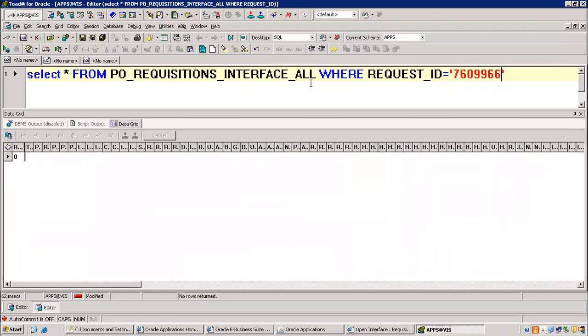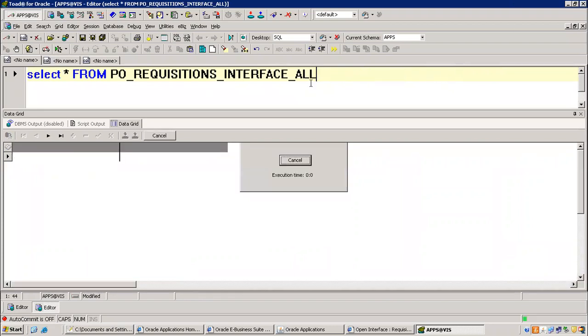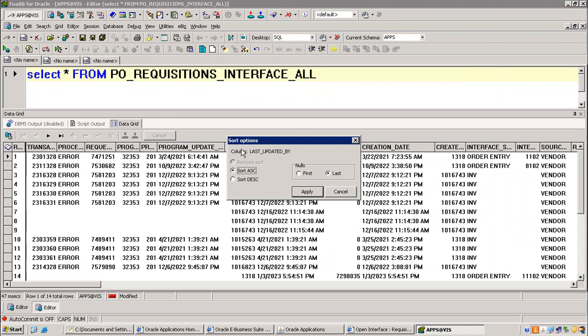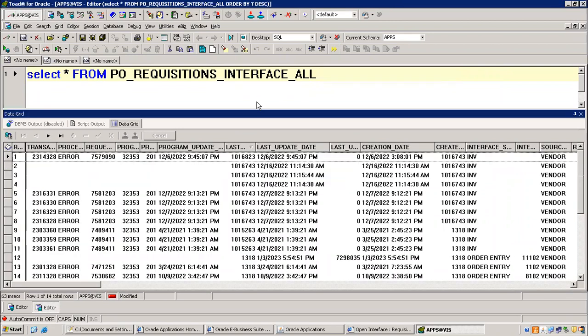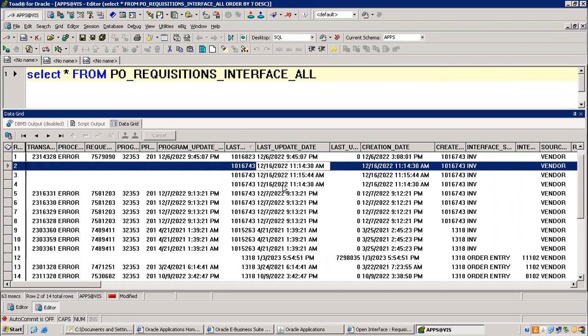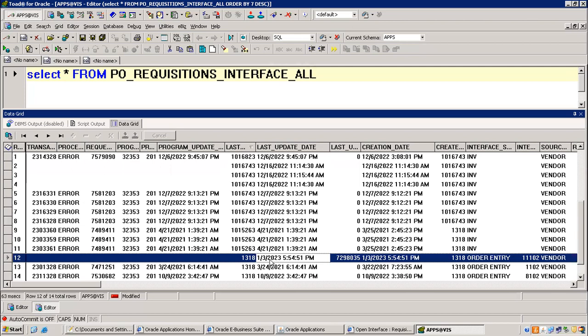It's not there. Okay, we'll take the recent data. Based on the last updated by also, we can take it. Any record here? Here it is, right? Can you see? This is the record. I think it is not arranged in a proper order.